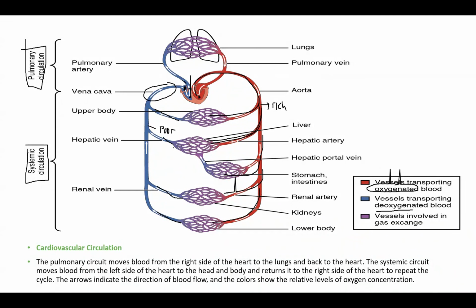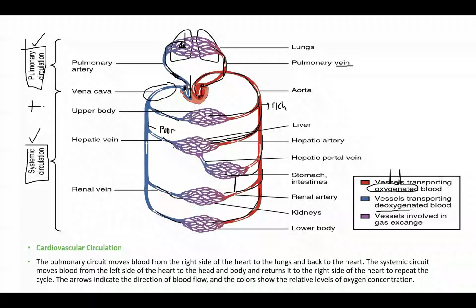The color tells you this is the artery, and this is poor blood going to the lungs. There is an exchange of oxygen with the carbon dioxide. On this side is going to be the vein. It has red color because it has a lot of oxygen, and it will return to the left atrium. So the left atrium has a lot of oxygen, going down to the left ventricle, pumped into the whole body, becoming systemic circulation again.